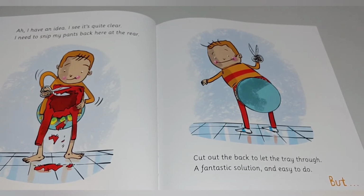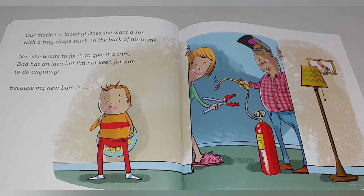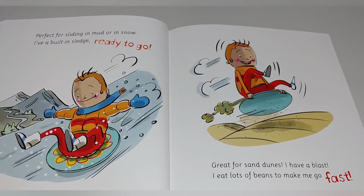But our mother is looking. Does she want a son with a tray shape stuck on the back of his bum? No, she wants to fix it, to give it a trim. Dad has an idea, but I'm not keen for him to do anything because my new bum is perfect for